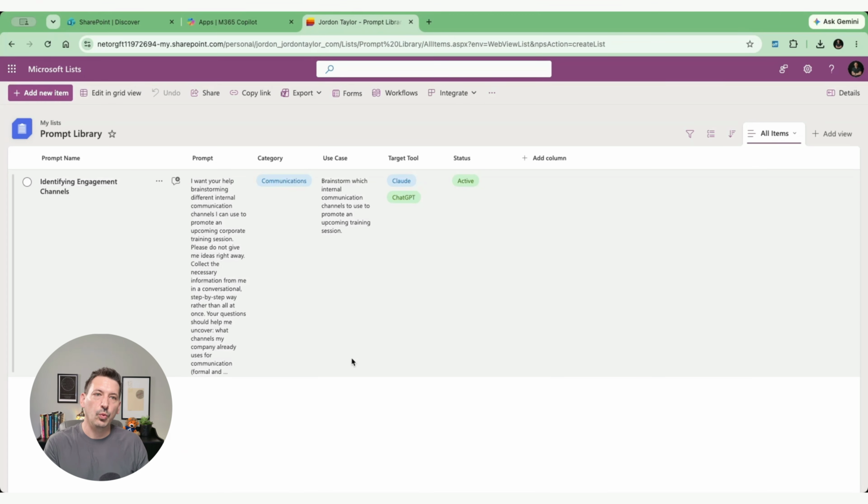So this is what the prompts will look like as they're being added. You can see you've got your prompt name, the prompt itself, category, a quick blurb on how and when to use it, the target tool, and then the status icons. The one thing that I would add to this as an afterthought is the last modified date. This is actually automatically tracked by Microsoft Lists, so you don't need to necessarily build a column,